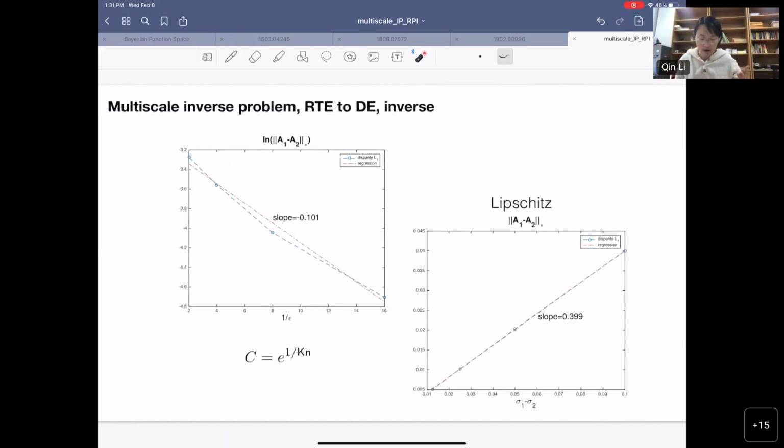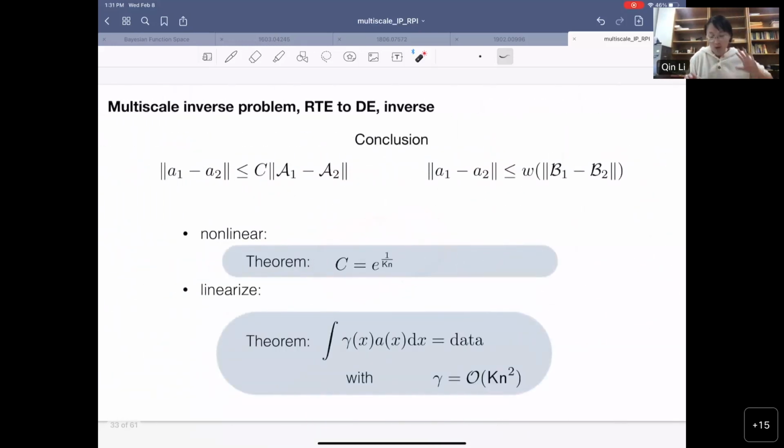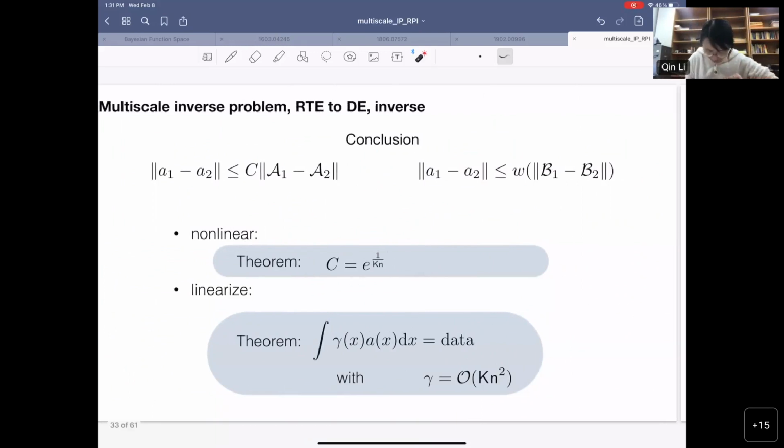So we numerically try to recover or represent what we have learned. If your media gets changed, we see that the data perturbation is also linearly reflected. And this linear slope is a function of the Knudsen number. When your Knudsen number is small, the coefficient is big. So this plot pretty much confirms the theories that we had before. We truly have the Lipschitz stability, but the Lipschitz stability constant blows up when you are in the diffusion region.